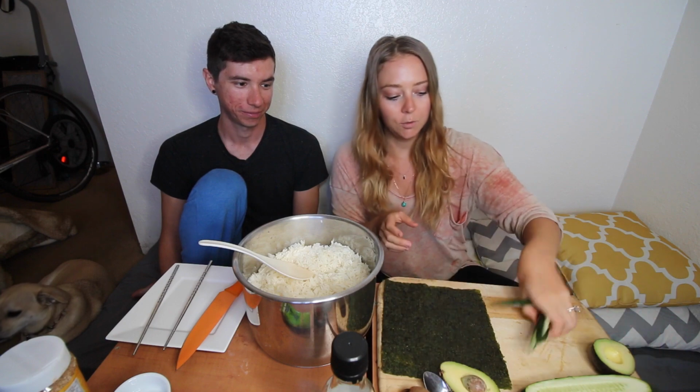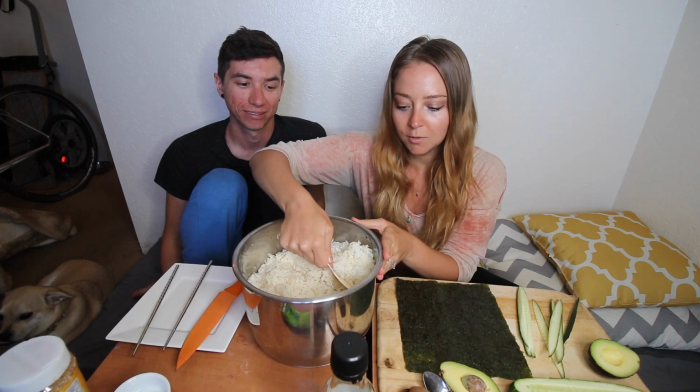And so this first one is just going to be cucumber avocado, because it's Derek's favorite. Perfect avocado, by the way. So what I did was I just julienne cut these cucumbers. I try to not use the seeds, so I just cut around them. And then I'll give the seeds to Bubba, because the seed is the bitter part, which is why Derek doesn't like it. So to roll a sushi roll like this,